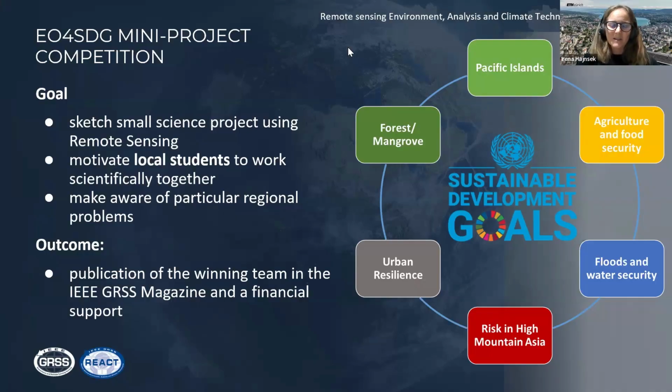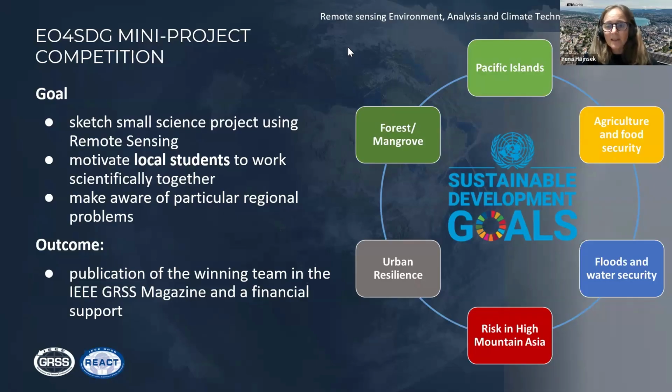It could be nice for the participants to see the outcome. The second goal was to motivate local students to work scientifically together, and to make people aware of particular regional problems with these mini projects.